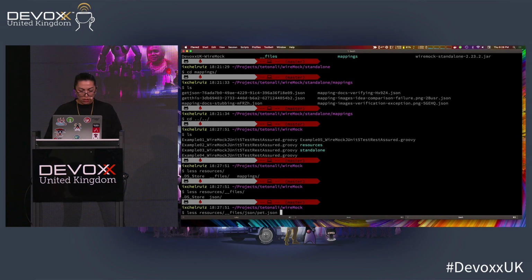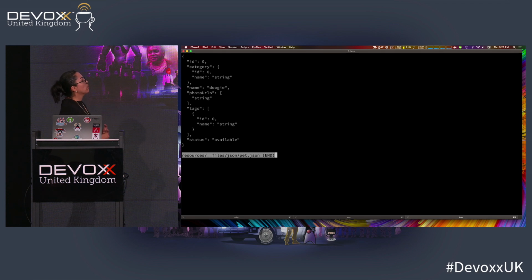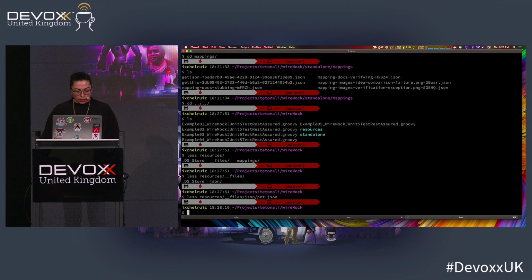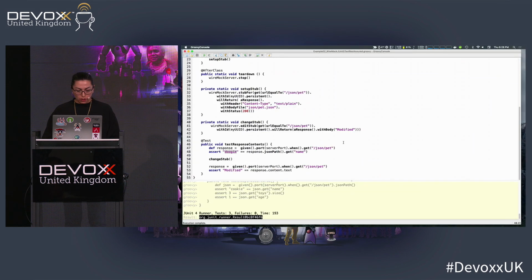JSON. So this is it. This is what we are going to return. And as you can see in the name, I have doggy. Okay. So now if I execute this particular code,